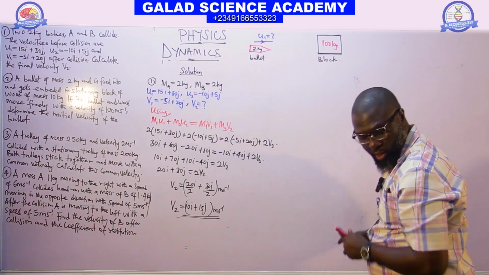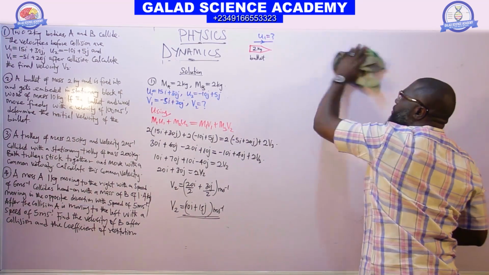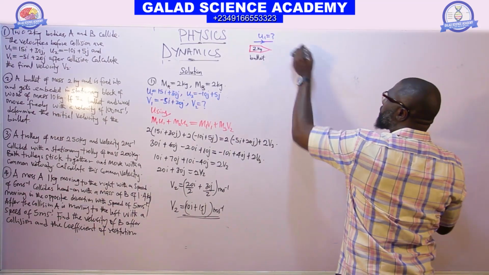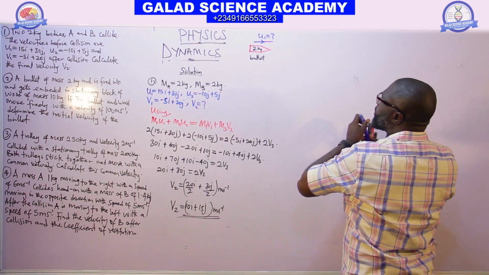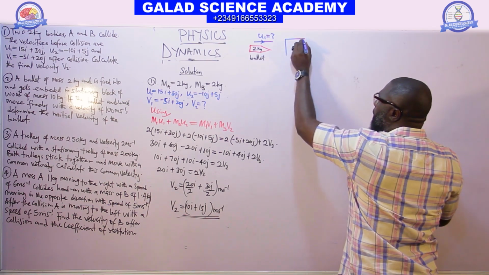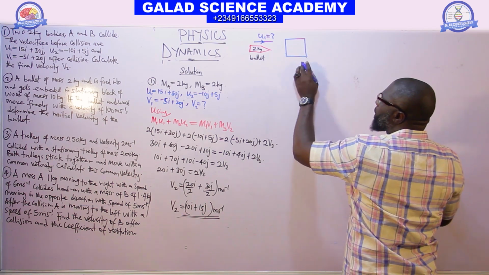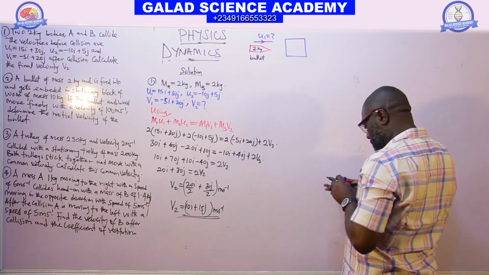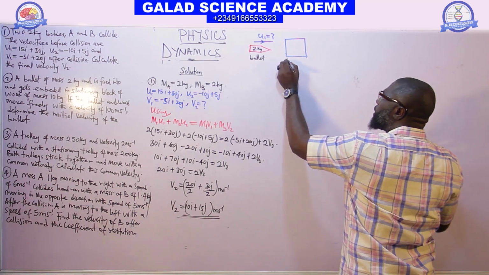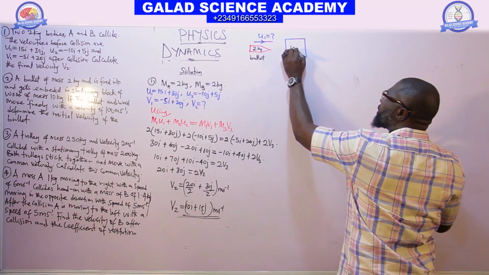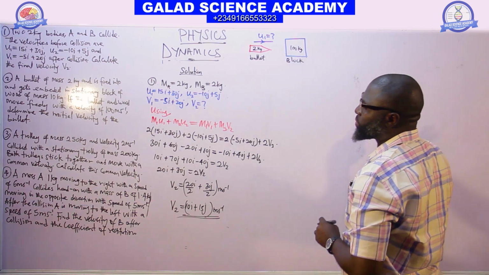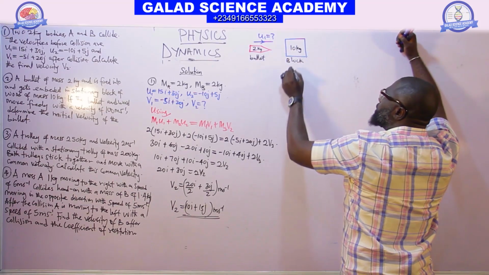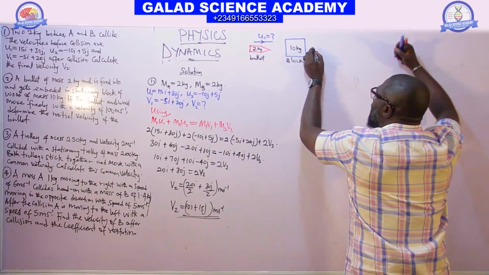I'm not satisfied with this diagram. For example, this is the block. So the block is of 100 kg. 100 or 10? It's 10, sorry. 10 kg. So when this collides with this one, after collision,